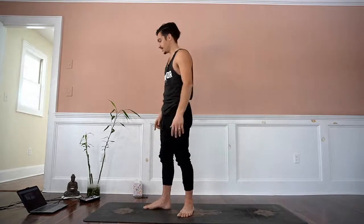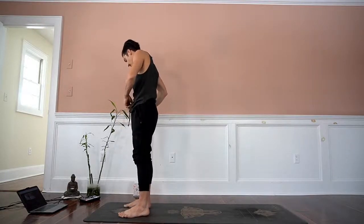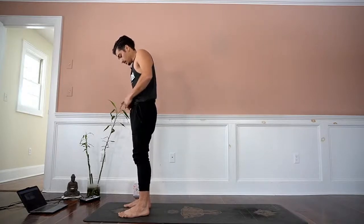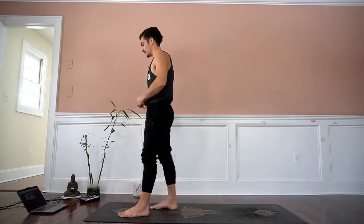Okay, and relax. It's like a shortening of the pectoral muscles, but it's a rotation of the humerus. Okay, now there is an interesting transition that's going to be very challenging for most of us today. I have to find a way to get my microphone settled here. That transition is from